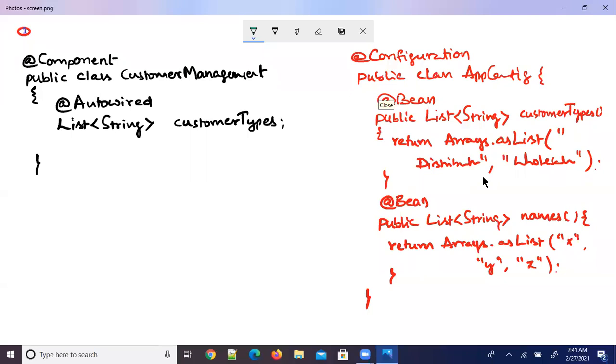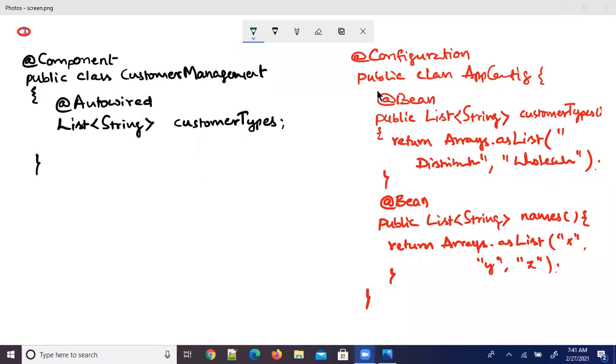Yeah. See, now my application doesn't get any error. My application will run perfectly. If I print this customer types list through a code or using a for loop, if I print all the customer types, then I'm going to get output like distributor, wholesaler, all, but I don't get any exception. While injecting collections, there is a small difference compared to injecting objects.